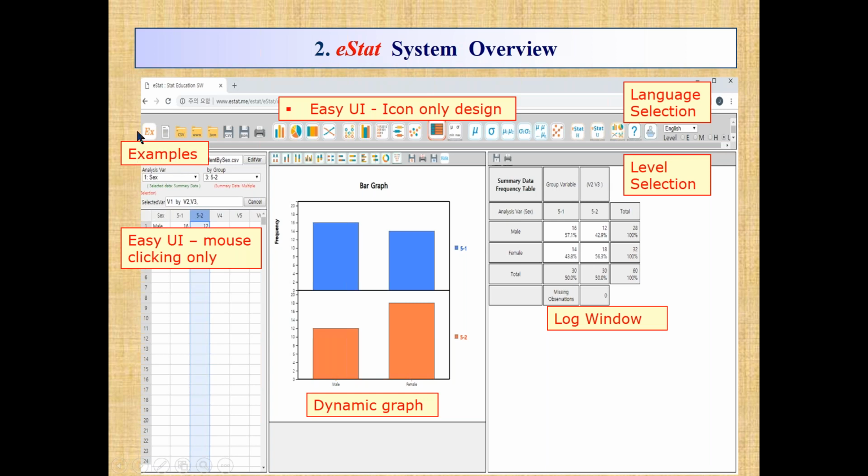Suppose you have data. Here's a data source. I'll explain it some more. Then data comes into this sheet window. If you select a certain variable, like clicking this column name, then you will see the graph. Also, if it is a statistical analysis, you will see the output in this area. This design is for the university level. If you are an elementary school or middle school student, you can select your level. Also, you can select language.